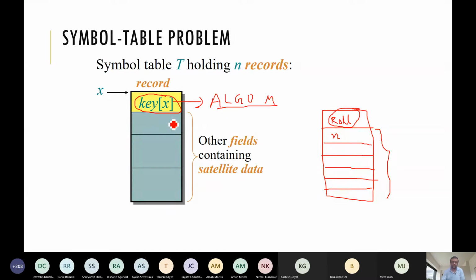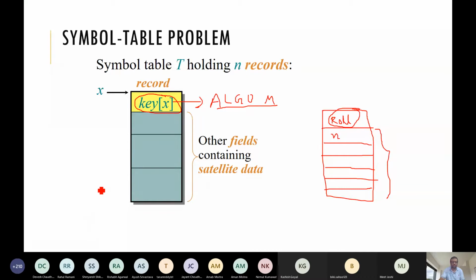Other fields are also important, but not for this purpose. They are associated with the record, and are called attributes or other satellite data. We are going to do the operations based on the key field.